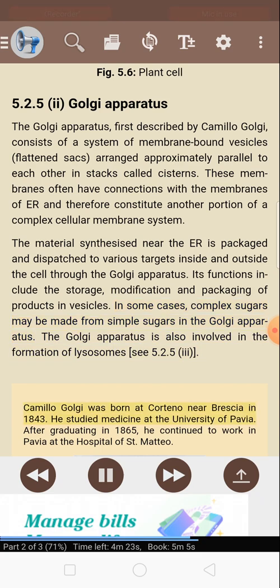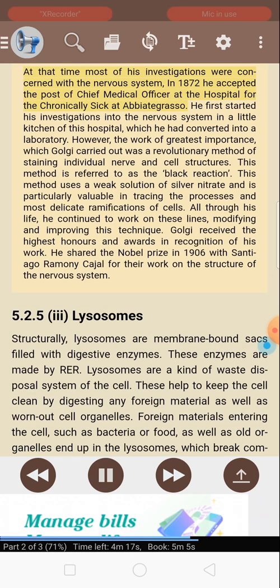Camillo Golgi was born at Cortona near Brescia in 1843. He studied medicine at the University of Pavia. After graduating in 1865, he continued to work in Pavia at the hospital of St. Matteo. At that time, most of his investigations were concerned with the nervous system. In 1872, he accepted the post of chief medical officer at the hospital for the chronically sick, Abbiategrasso. He first started his investigations into the nervous system in a little kitchen of this hospital, which he had converted